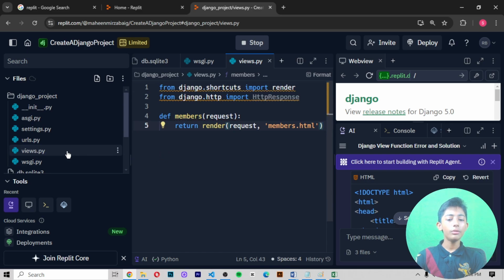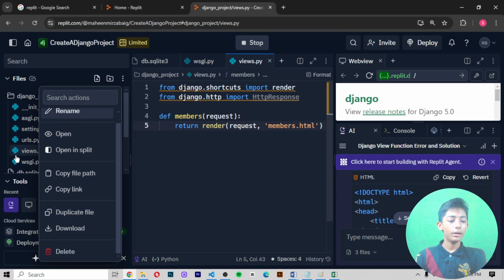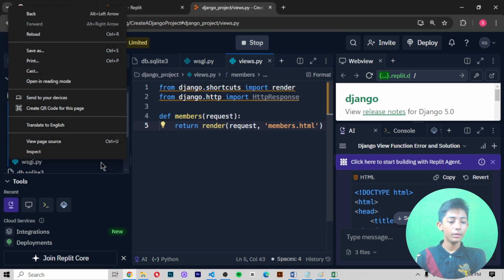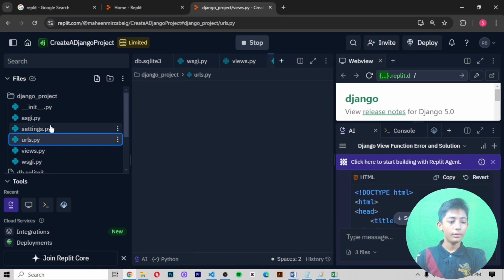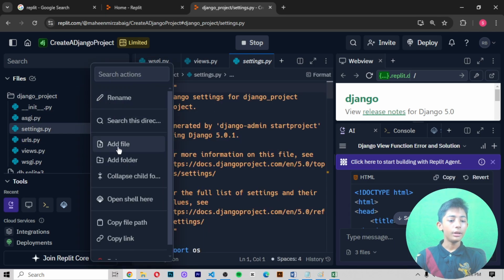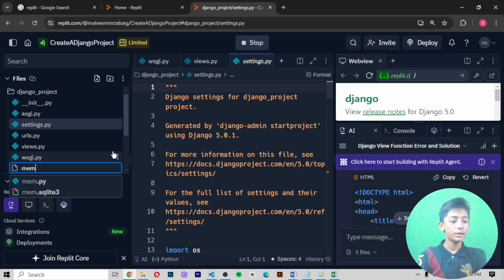Then you right click here and add a file by the name of members.html.